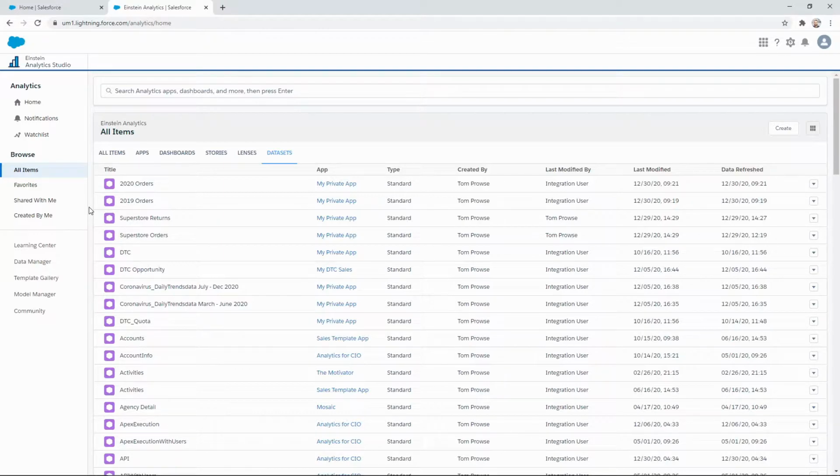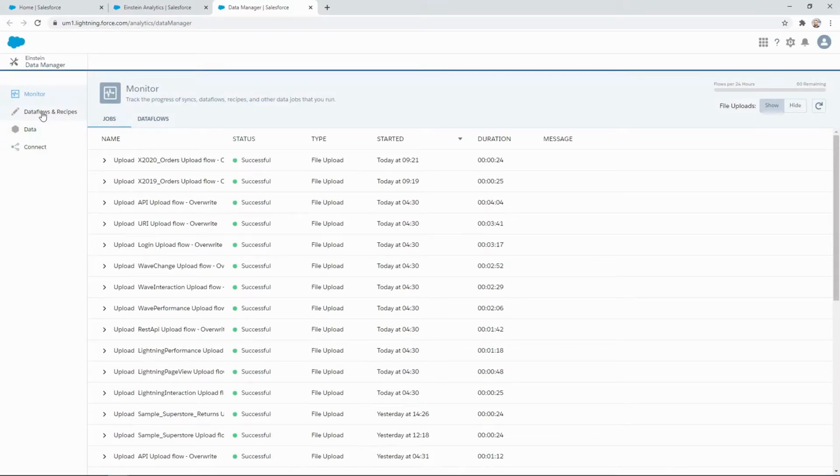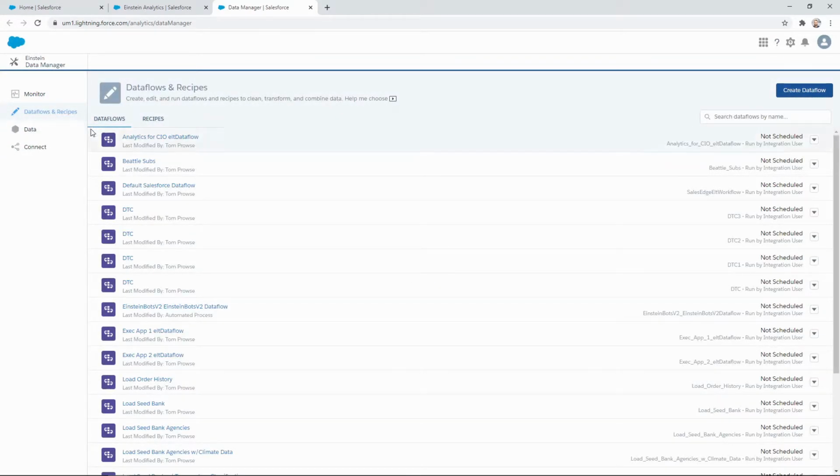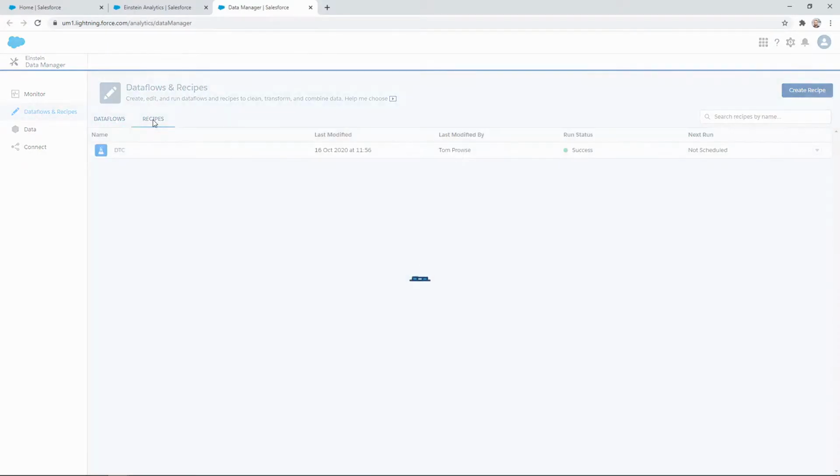But let's just say we want to combine them and start inputting them into a workflow, just like we did within Tableau Prep. This is where we come down to the Data Manager tab. This opens up a new window, and we can go to Data Flows and Recipes. You can achieve this with a data flow, but for now I'm going to just use the recipes option. From here, I'm going to create a new recipe up in the top right by clicking this button,